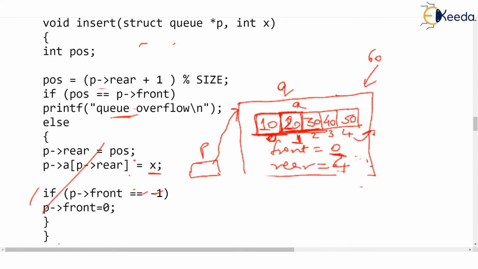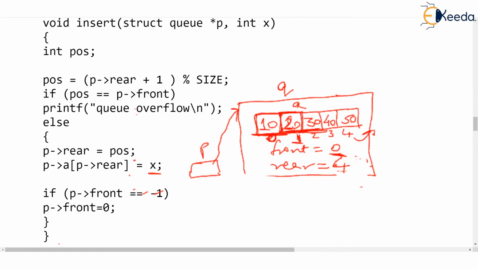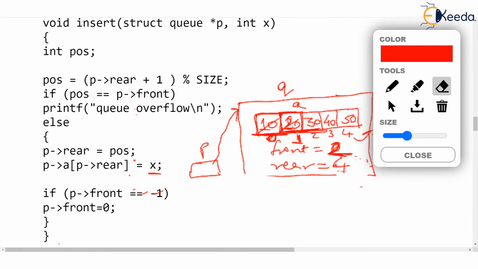You see this, it might happen that the queue is holding these values. Okay, I agree it is full, and user, just a minute, and user deletes 10 and deletes 20. So now all of you know if these two elements are deleted, front is going to be 2, isn't it? Correct, because 30 is the frontmost, which is at second place, and rear is 4. Now you watch, the first two elements are as good as empty. What do you say? 10 is deleted, correct, and 20 is deleted.